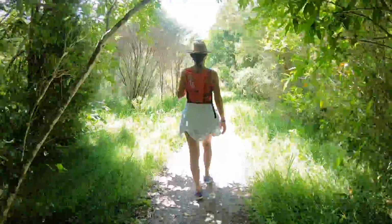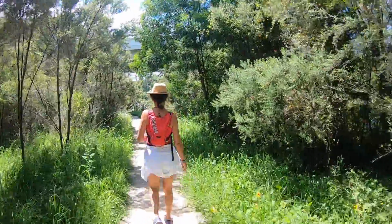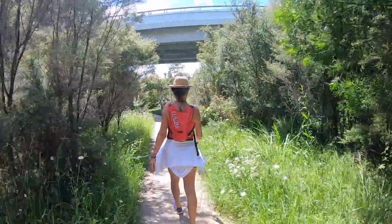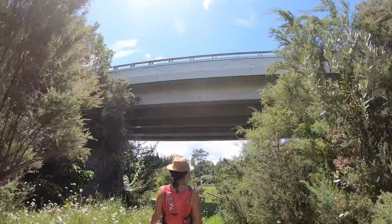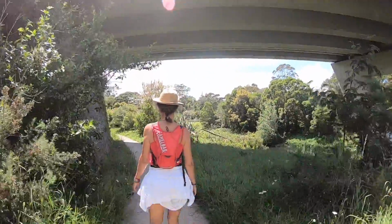We're about halfway through the walk now, and it's been undulating. We're actually quite a way above the river, or we have been quite a way above the river. And right now we're passing under one of the two main entrances into Kerikeri. So this is a reasonably recent addition,